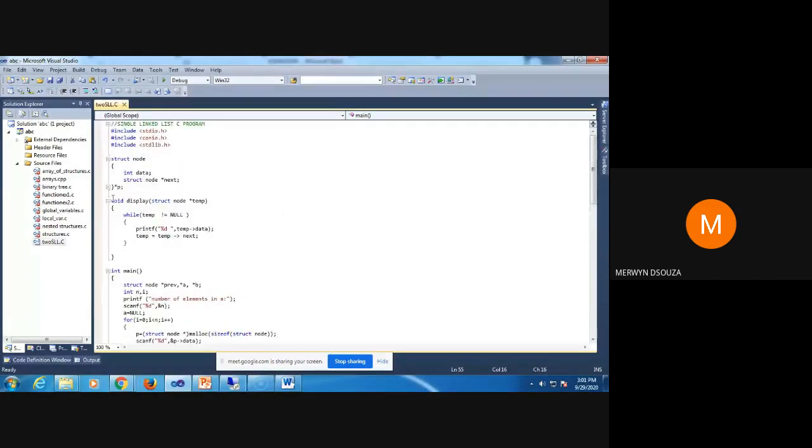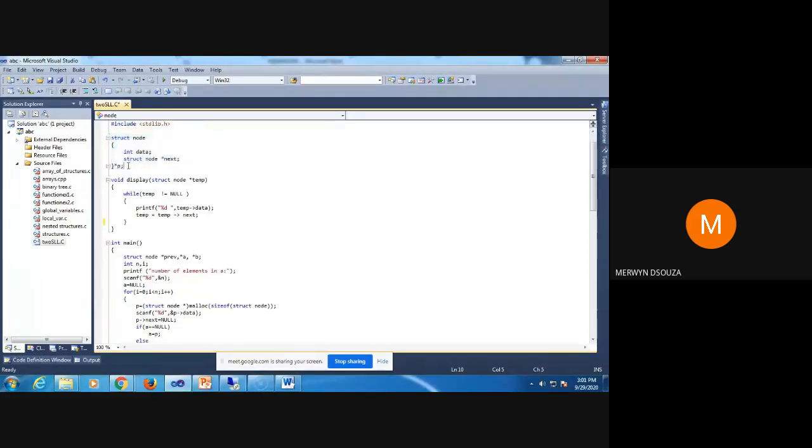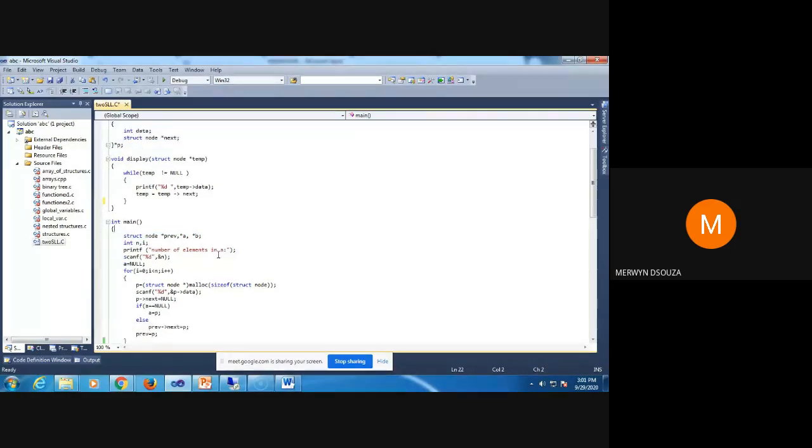This is a display function. This display function is the same thing that I have already explained to you in your singly linked list. Structure of the node also is the same. Again we are having some variables here that we have declared. So A, B, previous, P, all these variables are similar to what has already been explained.